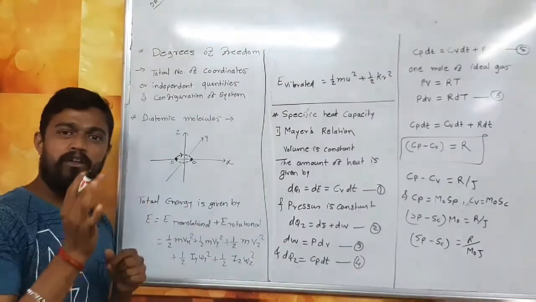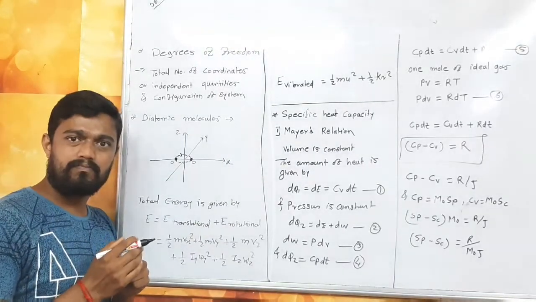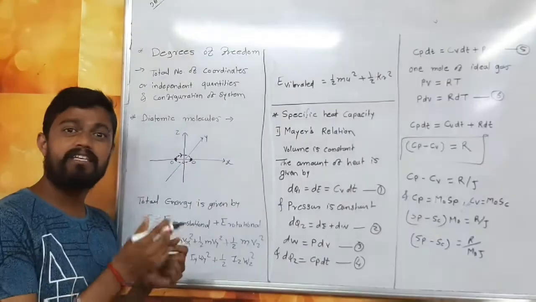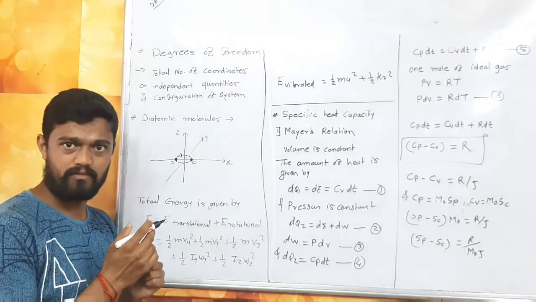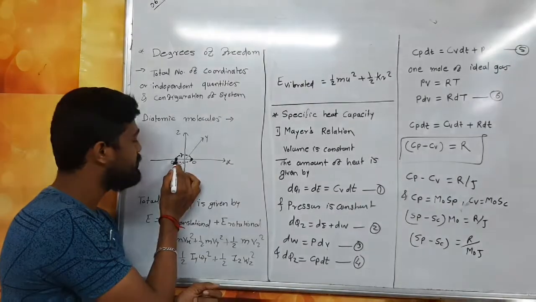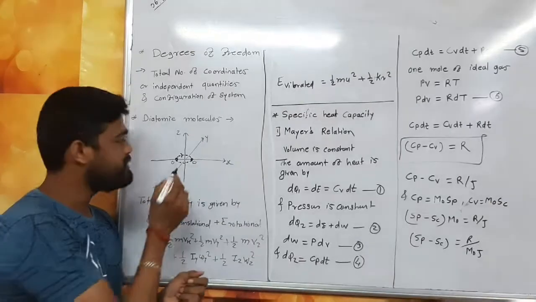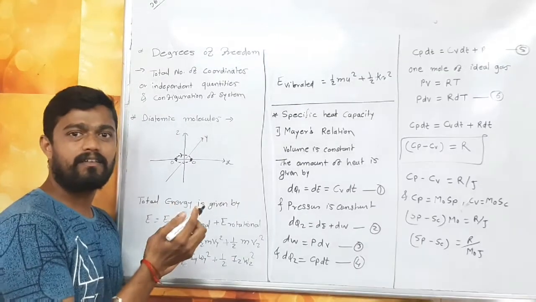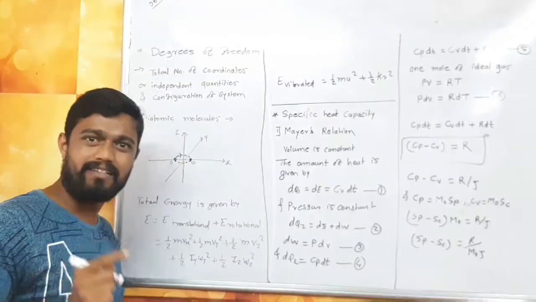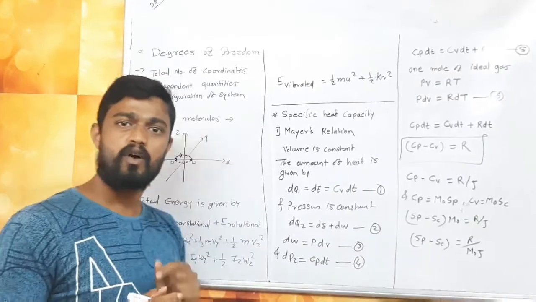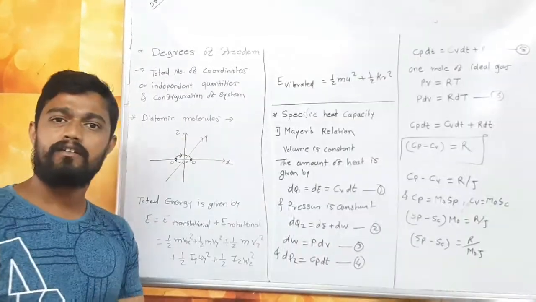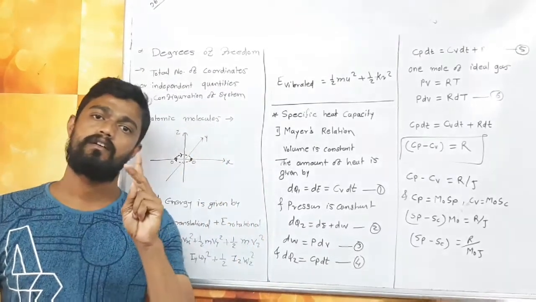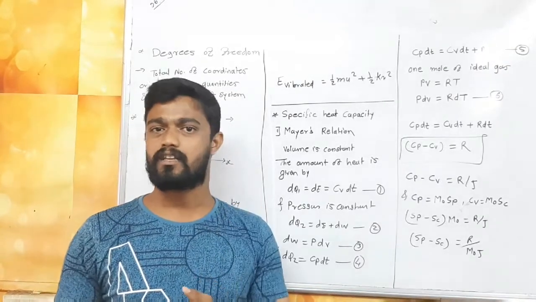So now your molecule is present on the x axis and rotates around the y and z axis. What I am saying is, your molecule is present on the x axis and it will translate from one point to another point. When it translates, at that time it rotates around the y and z axis. So obviously the total energy depends on two motions: translational motion and rotational motion.